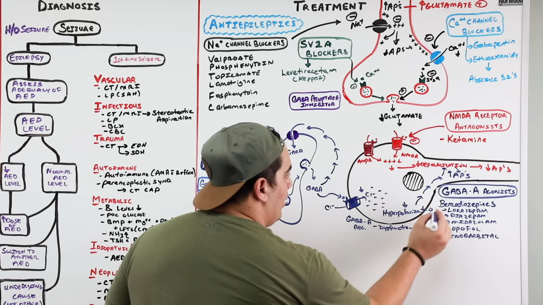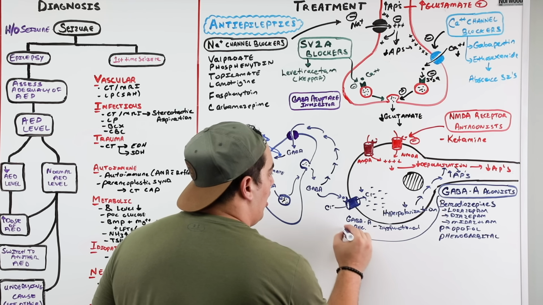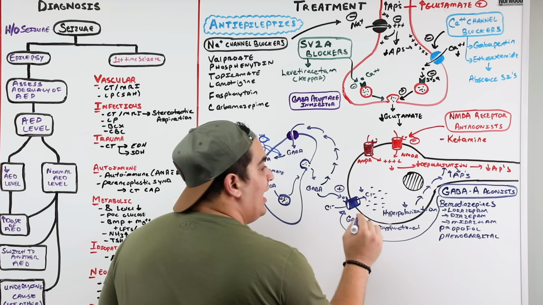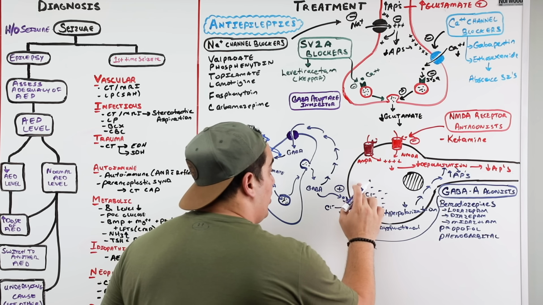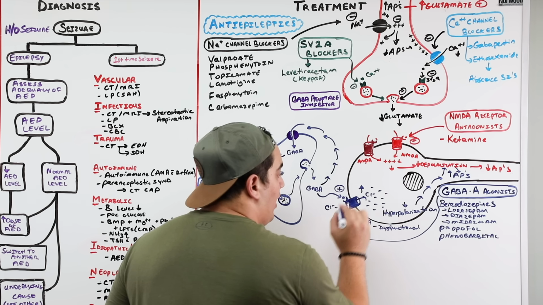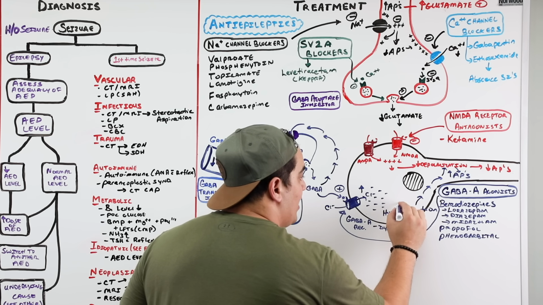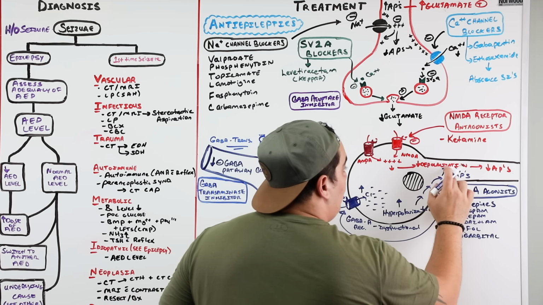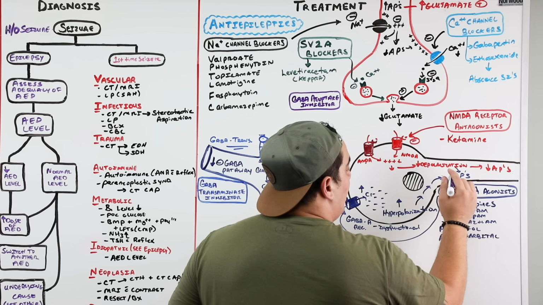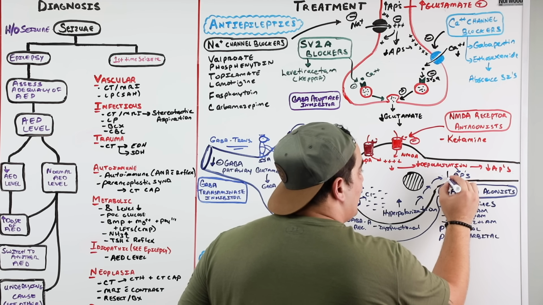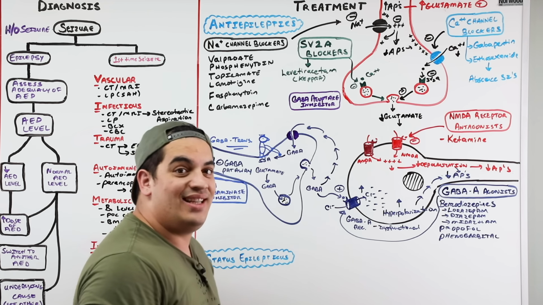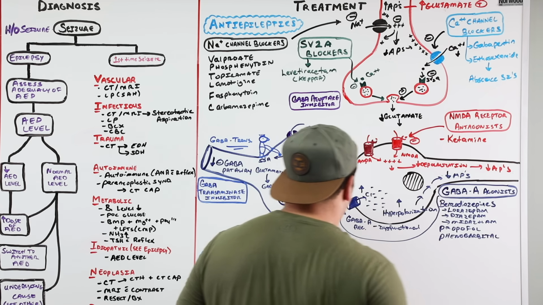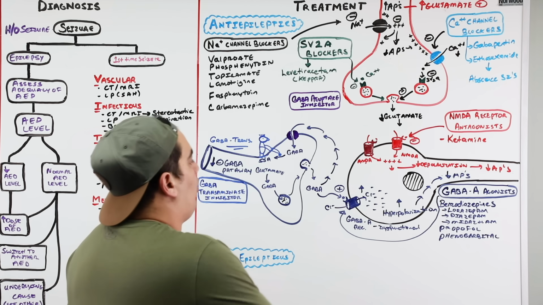What will they do? The GABA A agonists will come and stimulate these GABA A receptors. If you stimulate the GABA A receptors, what do you do? You increase the chloride ions. If you increase the chloride ions, you increase the hyperpolarization because you make the cell super negative. If you make the cell super negative, it's unlikely that it'll depolarize. Instead, it'll have decreased action potentials and decreased seizures. Okay? All right, that's that one.